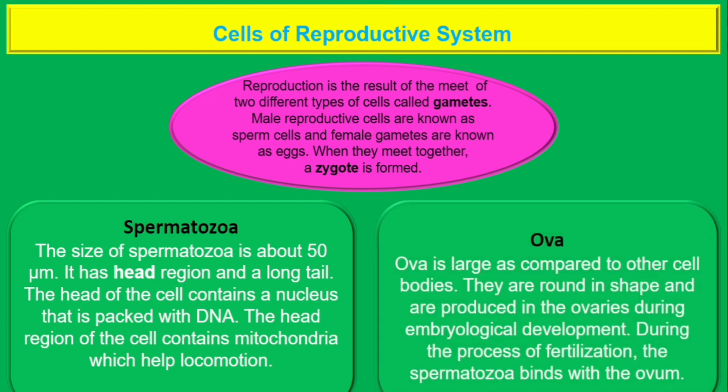The female reproductive system cell is known as ova. Ova is large as compared to other body cells. They are round in shape and are produced in the ovaries during embryological development. During the process of fertilization, the spermatozoa